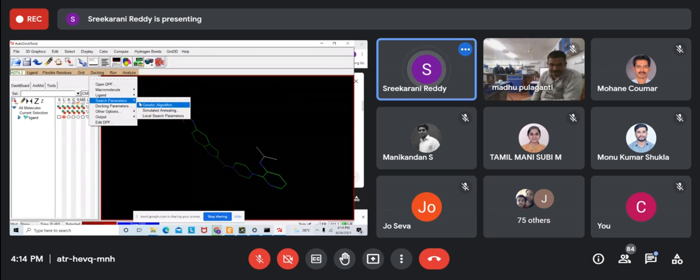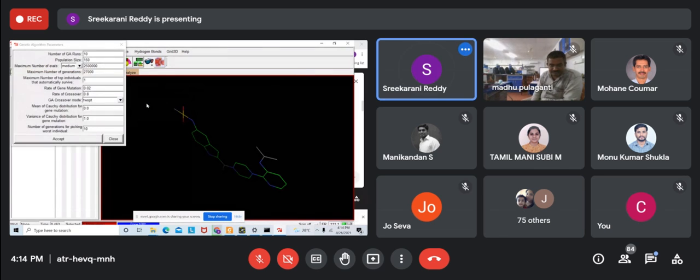So that's why I am choosing this one, docking search parameters, genetic algorithm. For the time being in my system, I'm running it for 3 runs. You can try to run it for 10 or maybe more than that, even 50, depending upon how accurate you need the result of the different conformations. For our time limit, I'm just constraining it to only 3 and I'm accepting it.